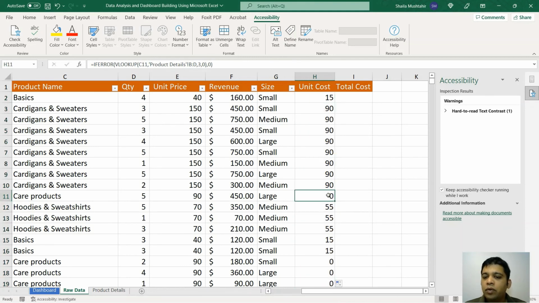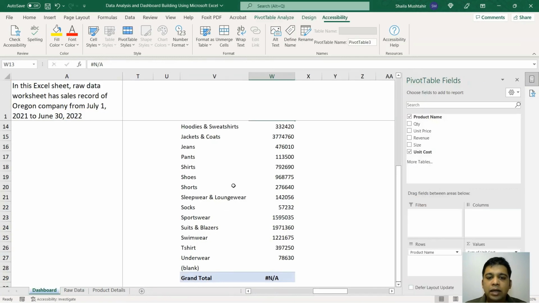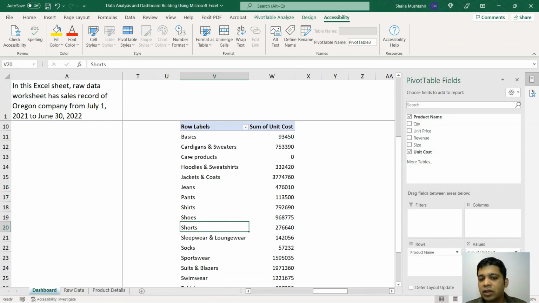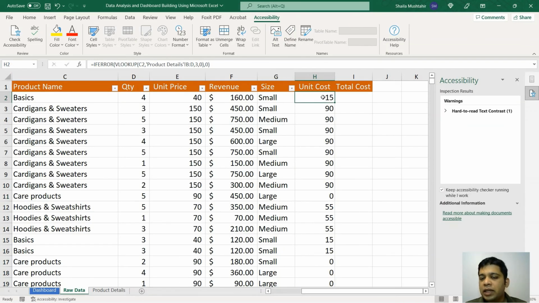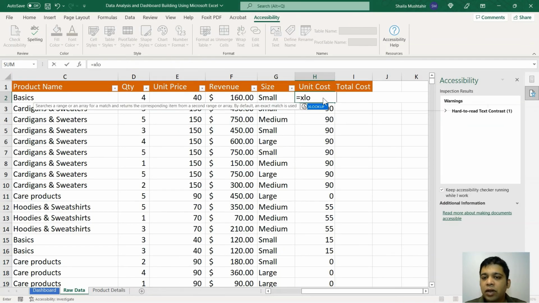Okay, so now if there is no value, it is 0. And if I go here and update the pivot table, at least I'll get the sum, and it will just show 0 for care products. In XLOOKUP, you can just combine the IFERROR formula. So XLOOKUP